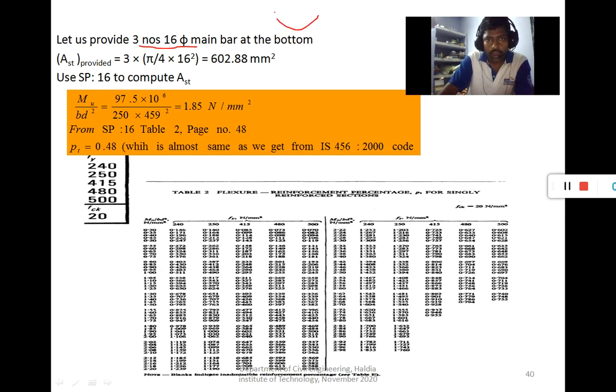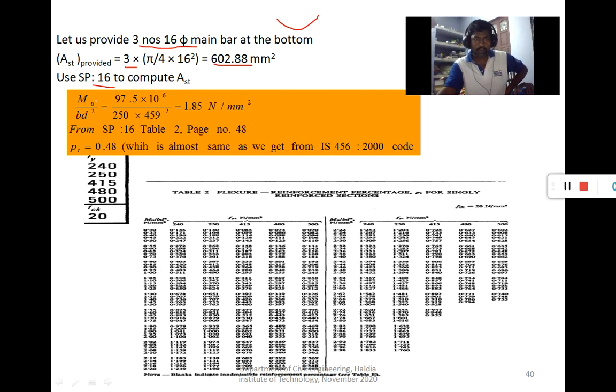So the bar is provided at the bottom. So AST provided is how much? 3 into pi by 4 D square. Now the same results you can get using the SP16.